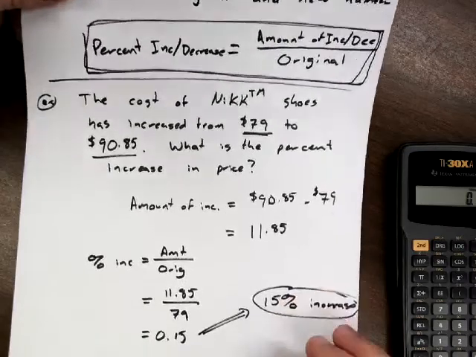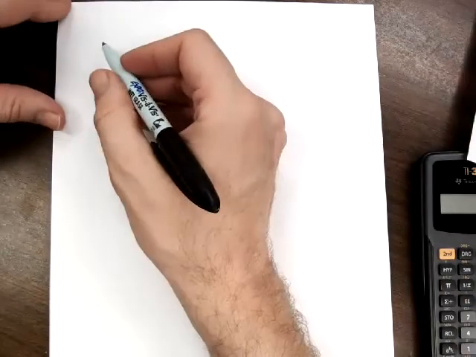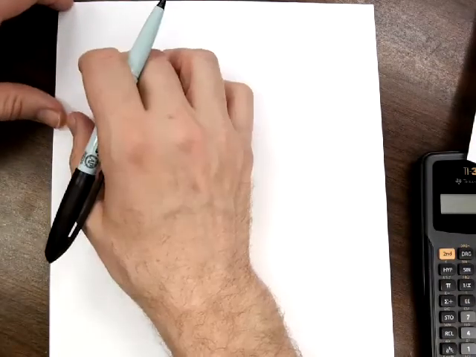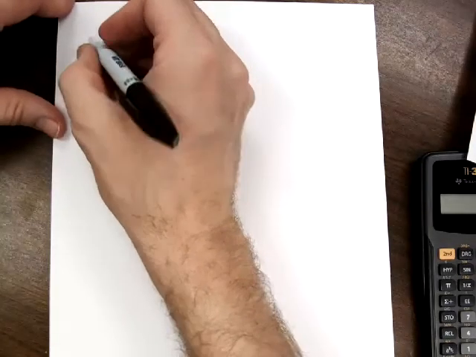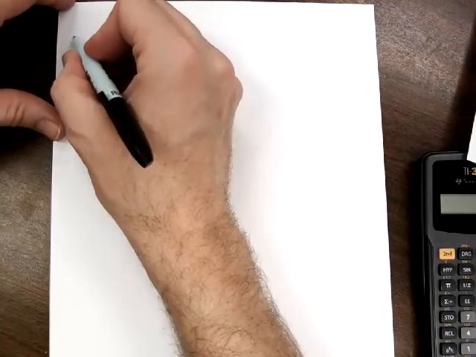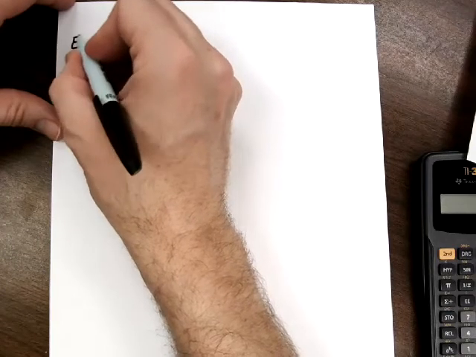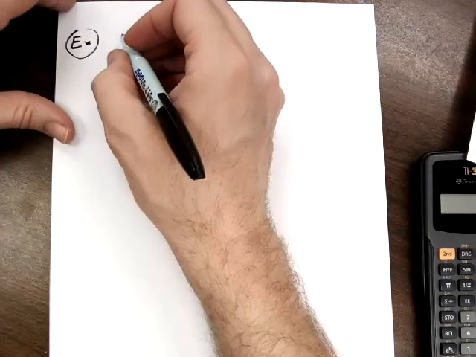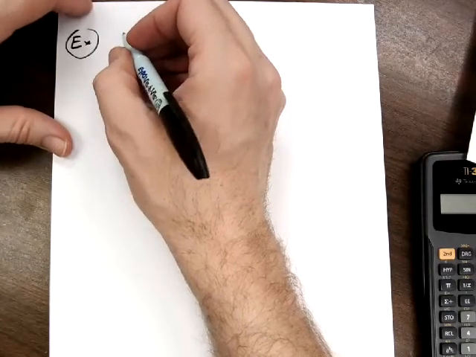Here's another type of problem. Say we have something where we're told what a decrease or increase is, and then we have to find our new number. So let's say that we have, let's see here, what sort of products should we use? Let's say that